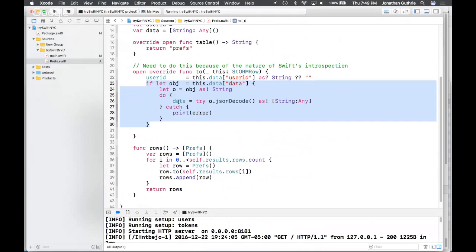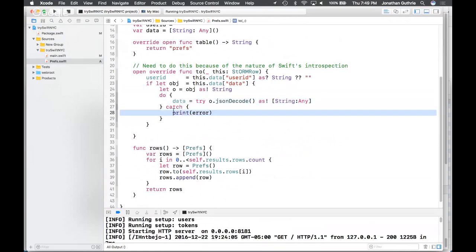And in this case, we're going to address it by setting the data property to some from the JSON string. We're going to interpret it into a dictionary. Does that make sense? And then if it came up with an error, it's just going to print it to the console and do nothing further, because in theory the dictionary property will actually be empty.